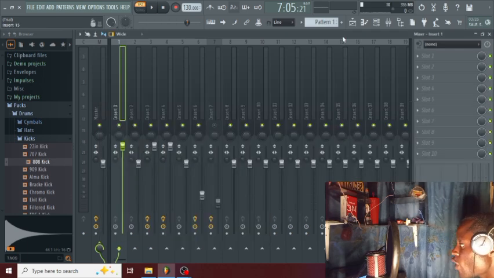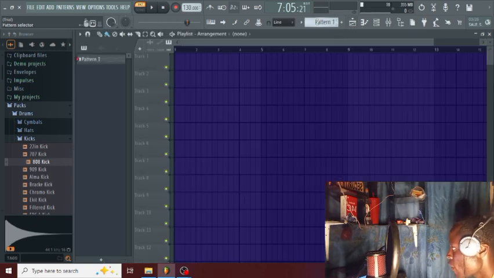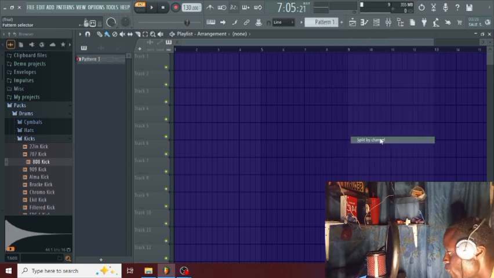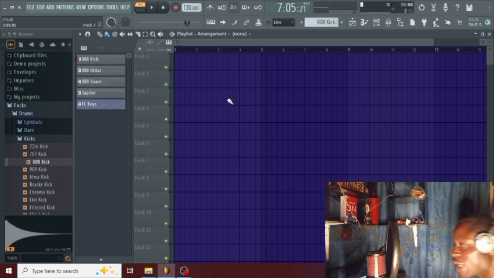Now let's go to our playlist. We put our cursor here. This is the view playlist. We click here. Where you have written Part 1, just put your cursor like this on top of Part 1. Right click on your mouse. Then click split by channel. That's okay. As you can see, the FL Studio program has appeared on the top left corner of our FL Studio app,